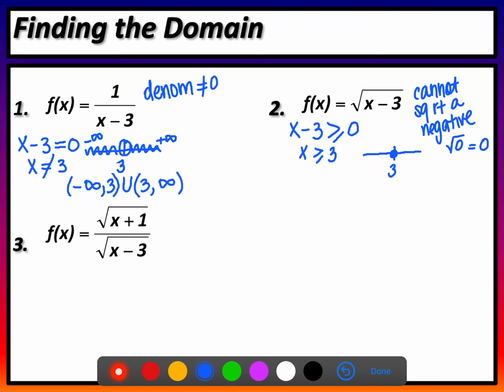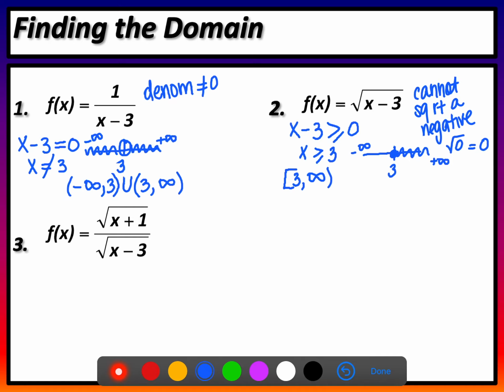Okay, so if it's equal to, I'm going to use a closed circle, and greater than or equal to would be over here. So what's my interval going to look like? What values am I including? Well, I'm starting at 3, and that's included, and I'm going up to infinity. So bracketed 3 to infinity is my domain there for square root of x minus 3,